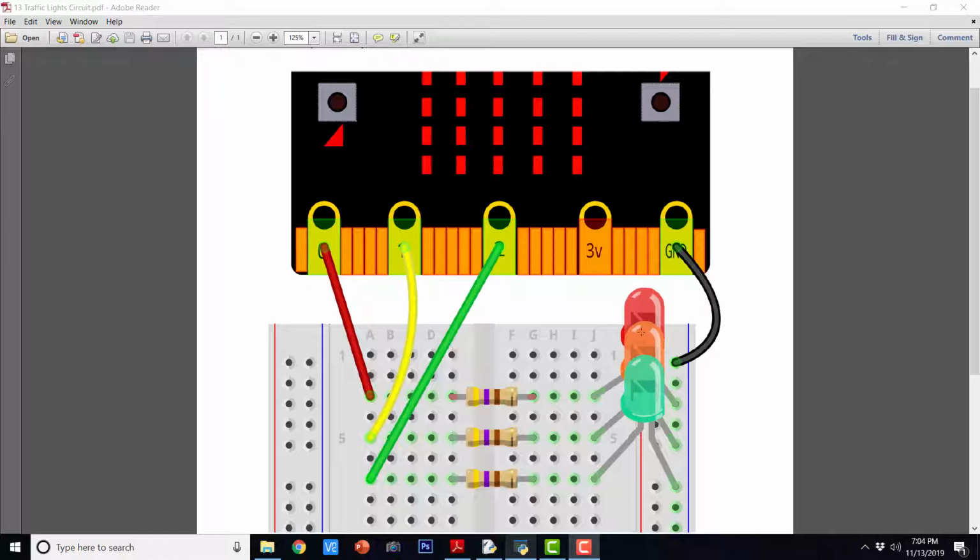So in the actual circuit diagram, in place of LEDs, I am placing the resistors, and in place of resistors, I am placing the LEDs. So it is not going to alter the working of circuit. It is just as per your choice or convenience. So this is the circuit diagram, and as I told you already, it is available in the downloadable section. So let us move to the actual circuit and see how that circuit is made in real life.